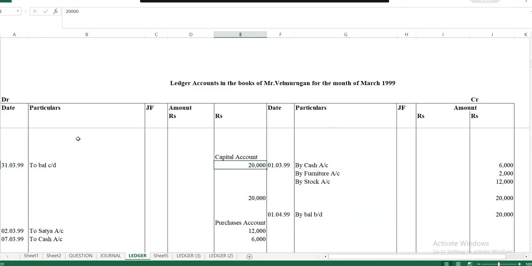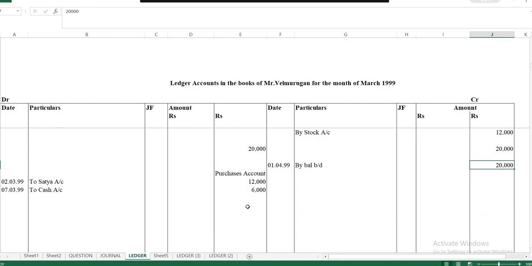Okay, so by default, if your balance is carried on, then a balance brought on should be there. And with the balances in the ledger accounts, we are going to prepare the next trial balance. So the closing you do, you have to give as the opening in the following month. Clear? Okay, ma'am.